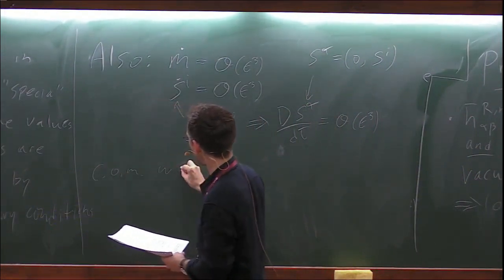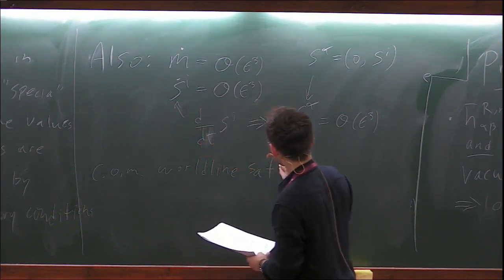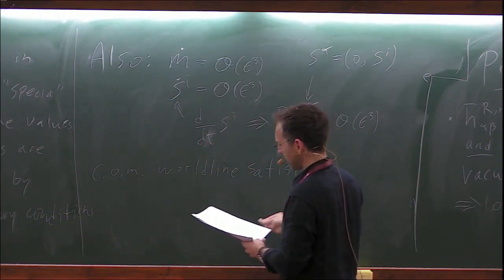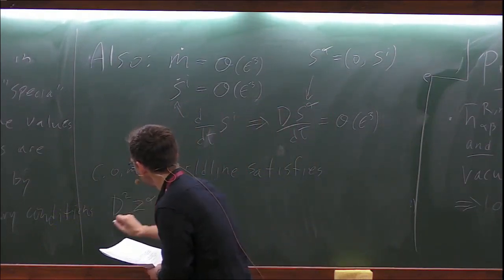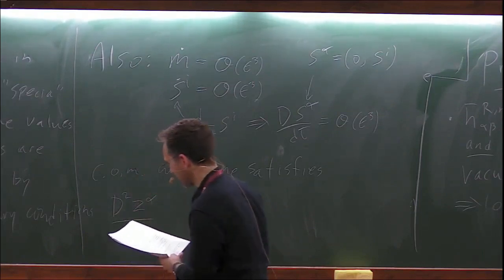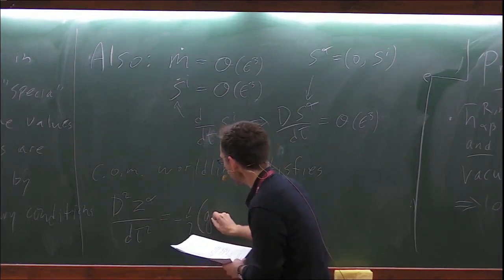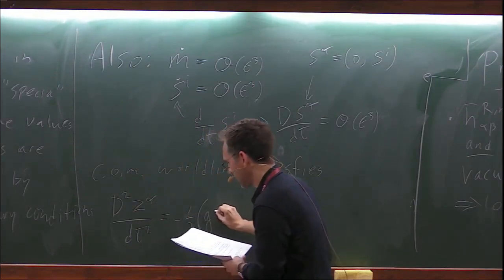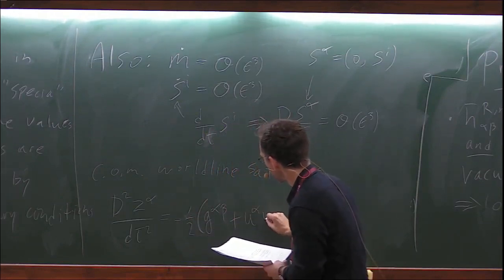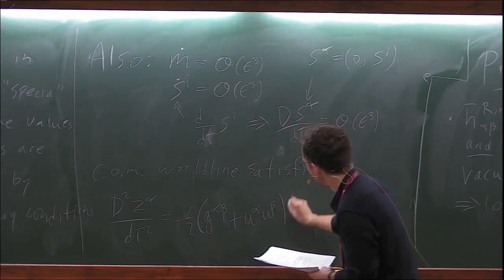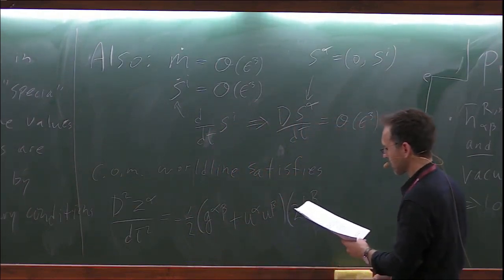So the center of mass world line of the small object satisfies d squared z alpha d tau squared equal to minus a half (g alpha beta plus u alpha u beta) times 2h r